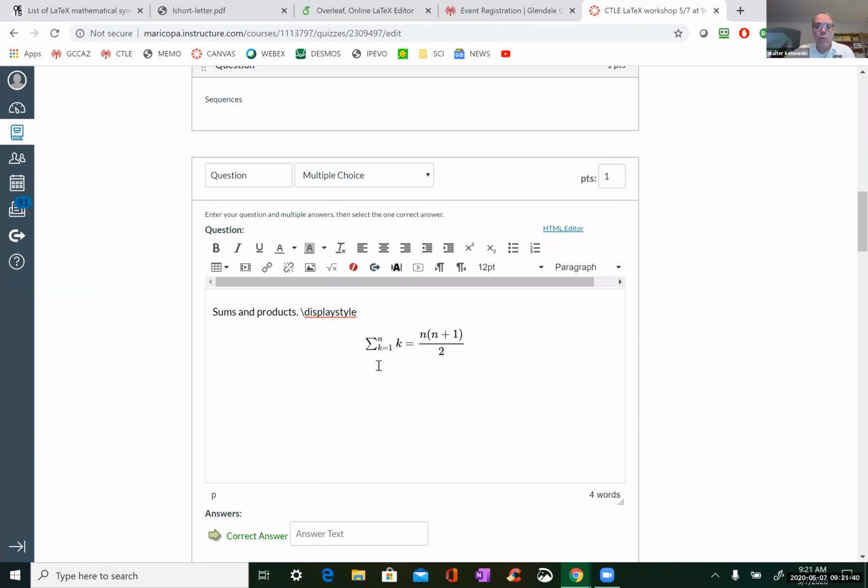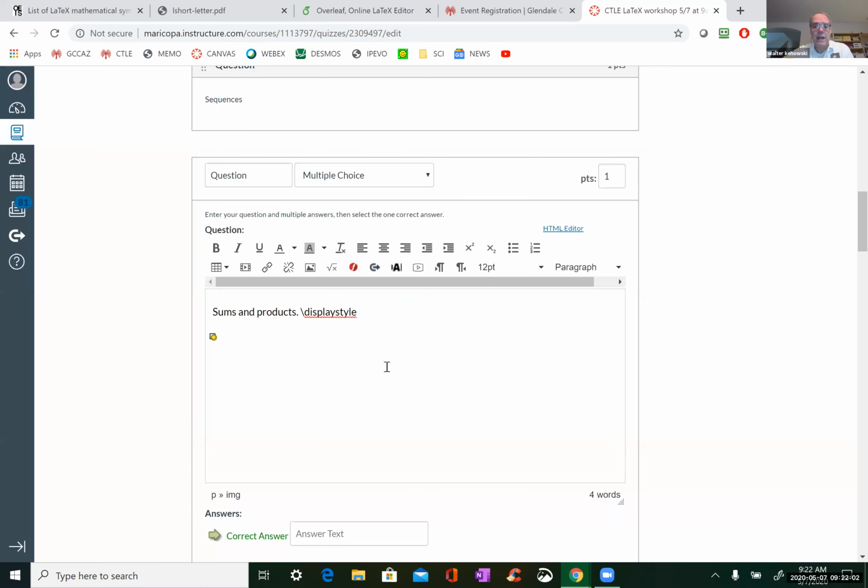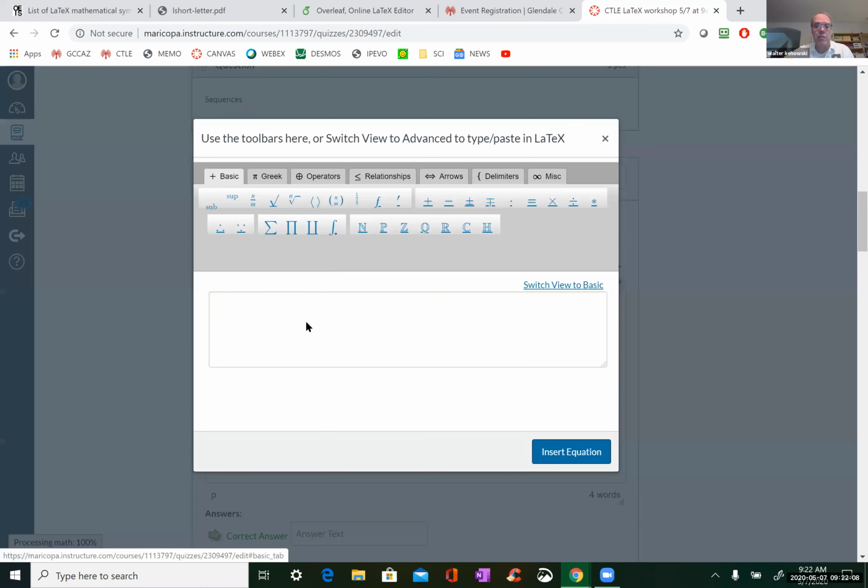Now, one thing you want to notice is the size of the sigma. Notice where the subscripts are. That's like a text sigma. Now let me just grab that again and go make another one. Now I'm going to show you what you can do differently.